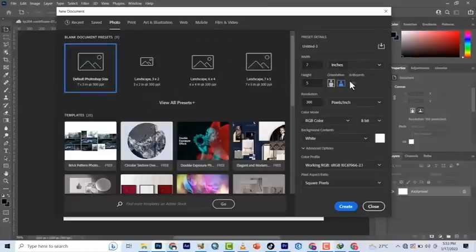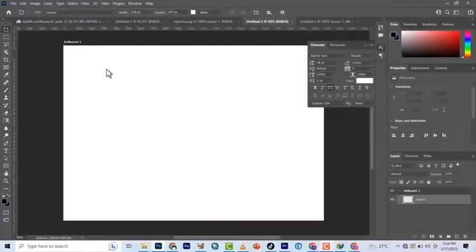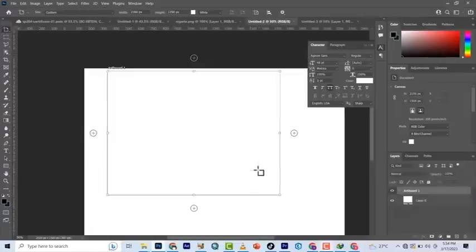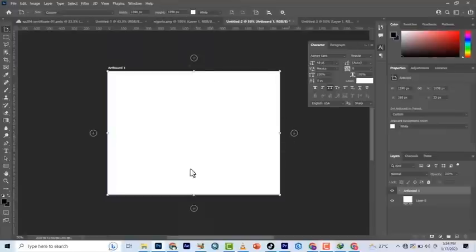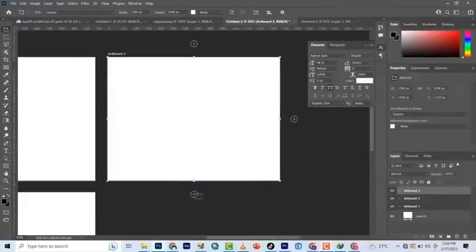Now from here, in any of these orientations, you can bring an artboard out by clicking on this. It's going to come out as an artboard. If you want to add more, let's use this one. Once I click on the artboard tool and select like this, it assumes this is the layer I've selected for you. If I'm done designing here and I click here, it's going to add more. If I click here, it's going to add more. That is what the